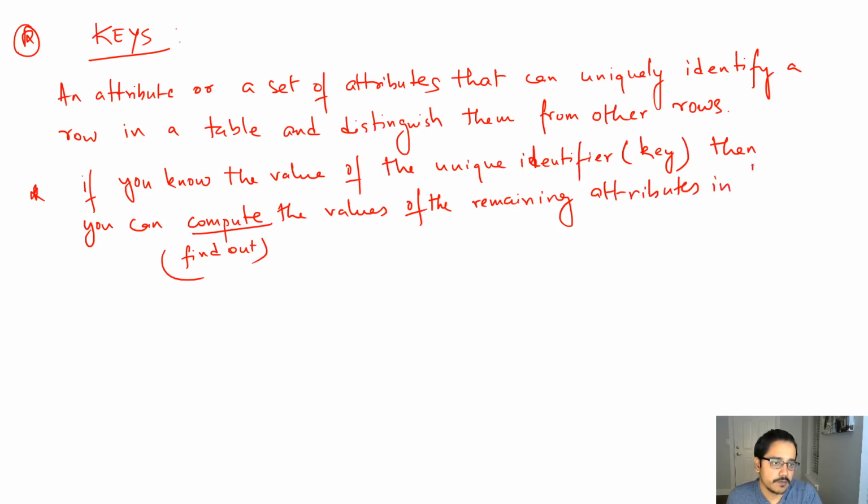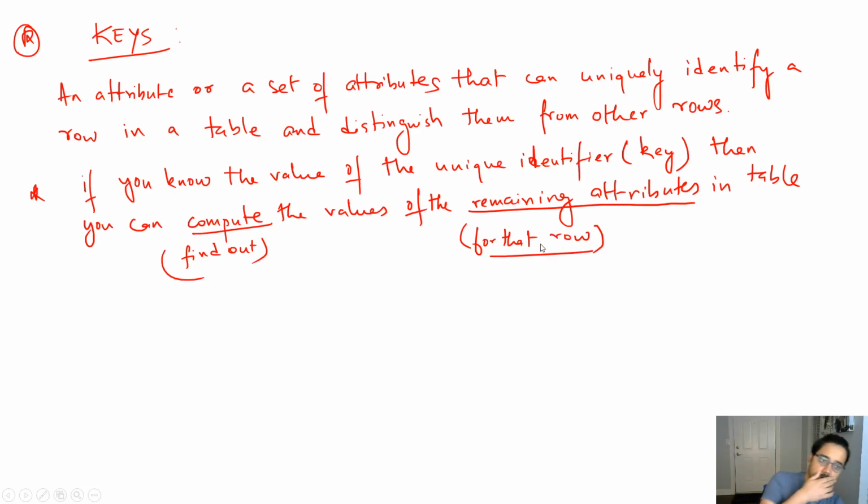In the table. Of course, when I say remaining attributes for that particular row, okay, not all the rows, because the identifier is going to be for a specific row itself and not the entire table. Okay, so other than that,